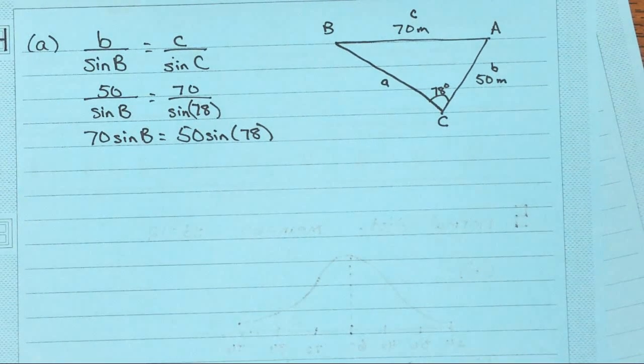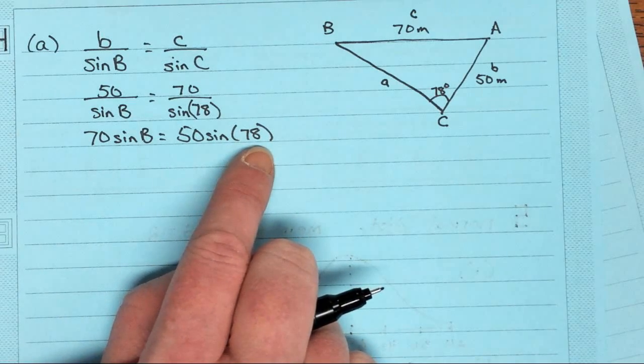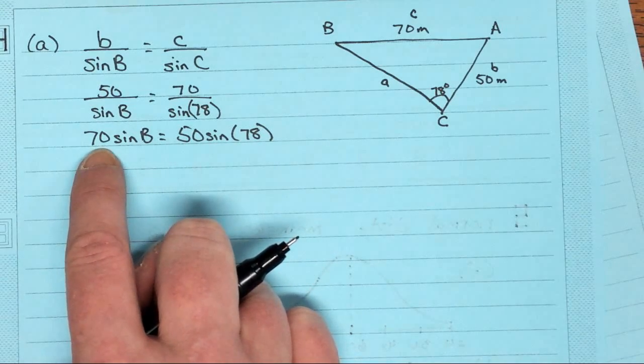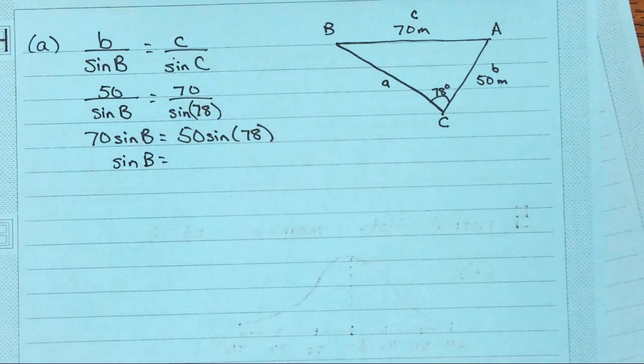Are you with me so far? I cross multiply. So I need to take 50 times the sine of 78. Then what are you going to do to it? Divide by 70. So sine of big B equals